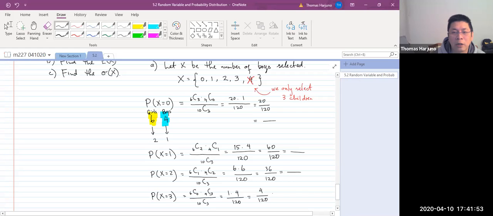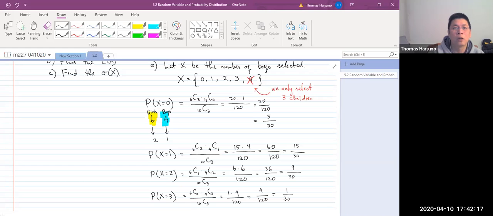What I see here, the numerators are all reducible by 4. So let me reduce the fractions by 4. So 1 over 30 here. This is 9 over 30. This is 15 over 30. And this is 5 over 30. Therefore, my probability distribution is now